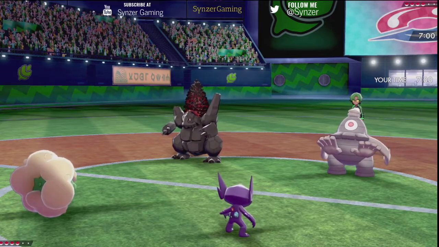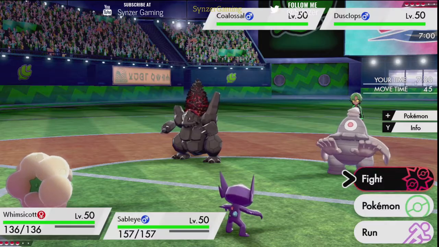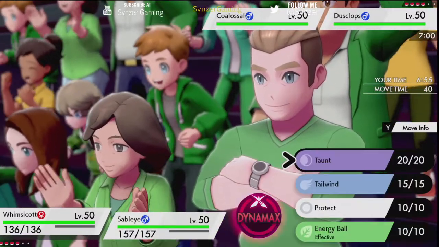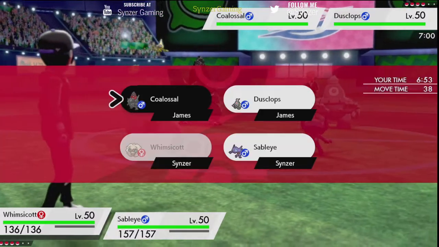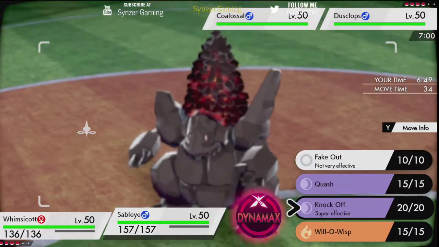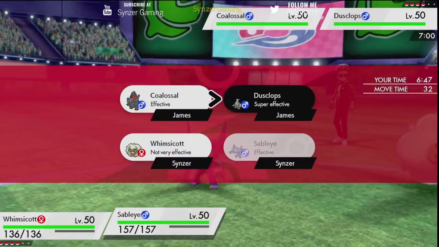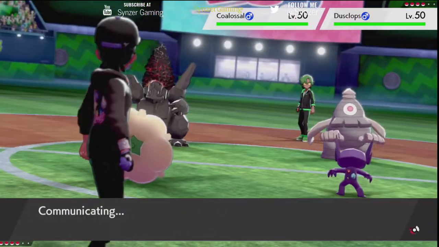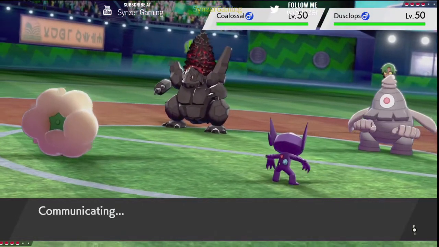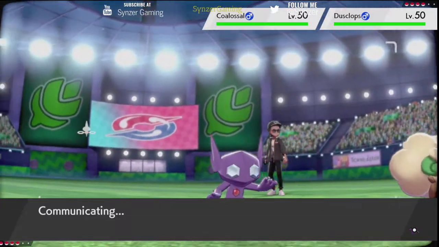Oh wow. Oh yeah, okay. So, this will be interesting. Which means maybe I shouldn't go for... We'll just have to hope he doesn't use Ally Switch. And I'm going to go ahead and do this to Dusclops. We'll see what happens. There's a very good chance that Ally Switch is going to happen, but what can you